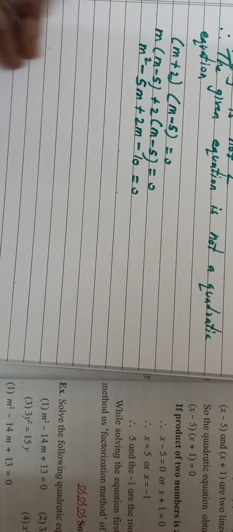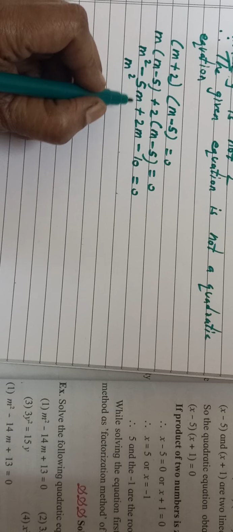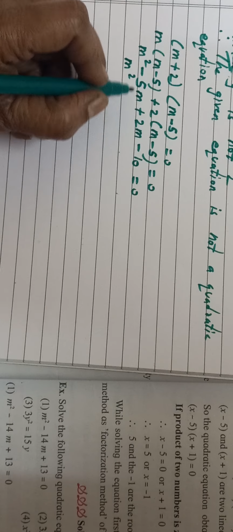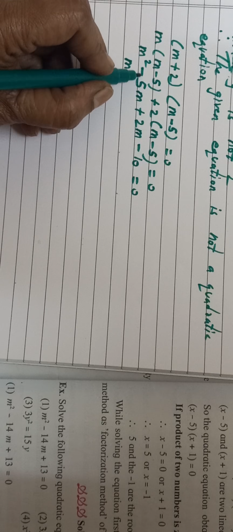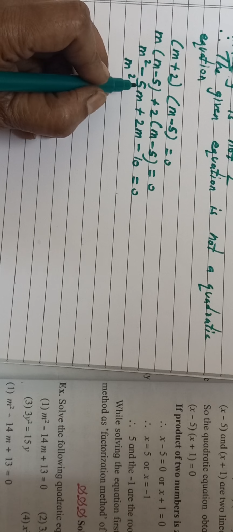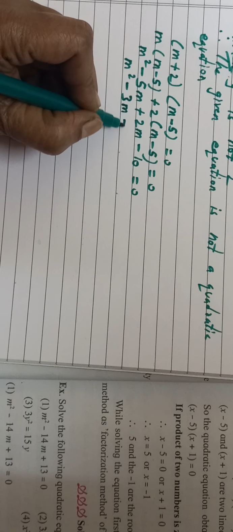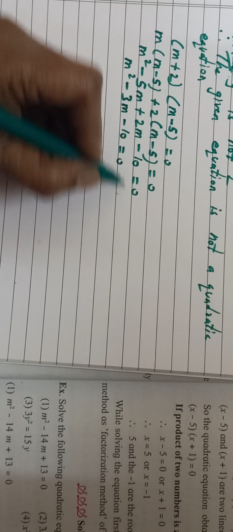Okay? So you will get m square. Now here minus, see the variable like terms they are, but here sign is minus, here sign is plus. Signs are different. So what you will do? Subtract and put the sign of greater number. 5 is given. In front of it what sign is there? Minus. This all basics should be clear, then only you will be able to get it. So you will get m square minus 3m minus 10 is equal to 0.